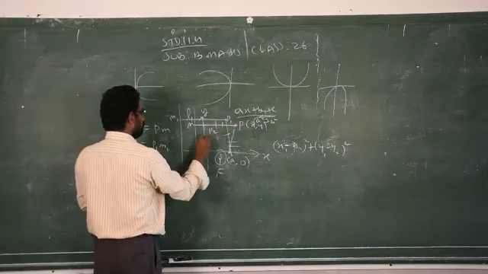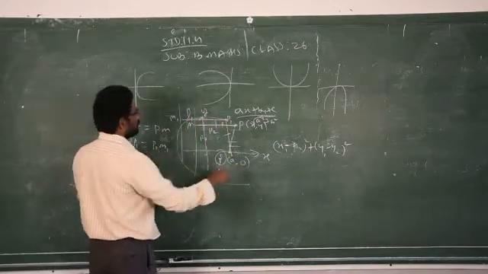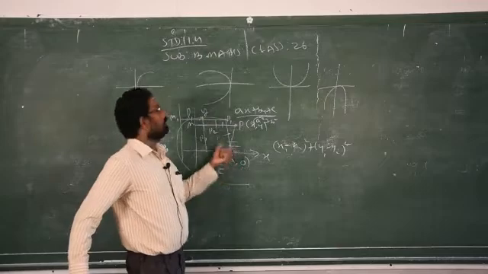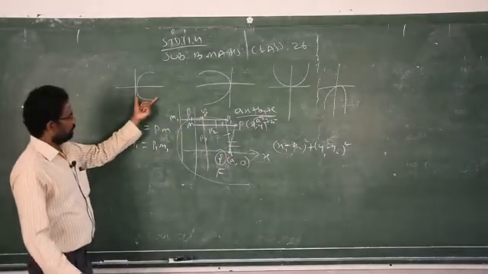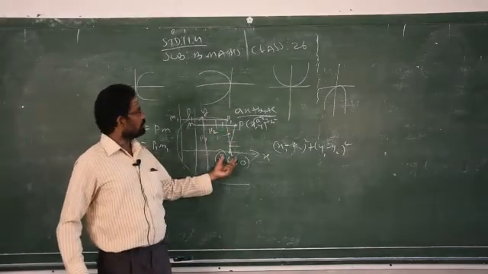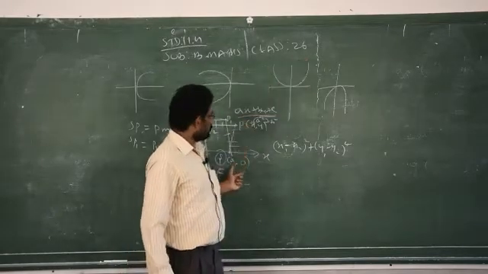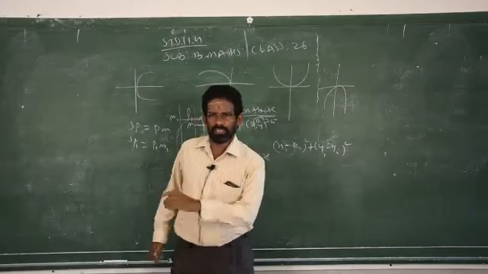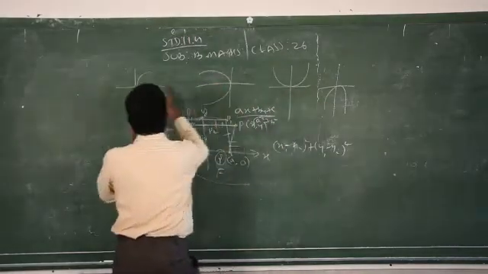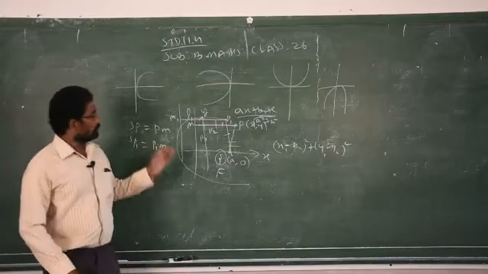So if we go on like this, P2, P3, and trace the pathway of this one, that will represent the parabola, depending upon the point where we take the focus. If it is on the positive side, you will get the first diagram. When the focus is on the negative side, you will get the left side. When the focus is on the y-axis, you will get open upwards. When the focus is on the y-axis negative side, you will get open downwards. So depending upon the focus position, you will get any one of these four parabolas. Clear? So it depends upon the focus.